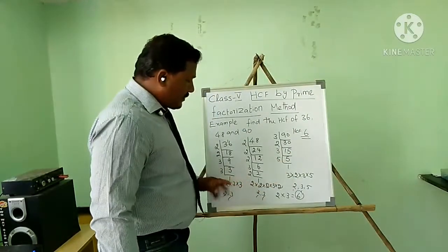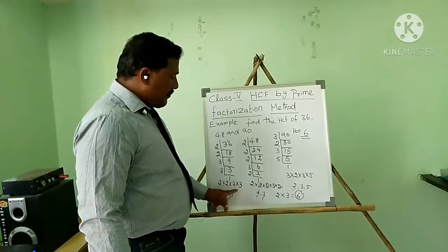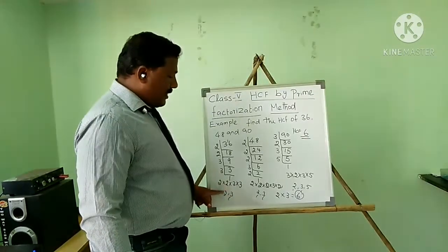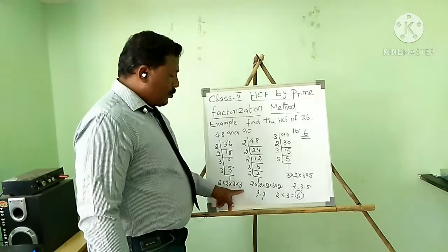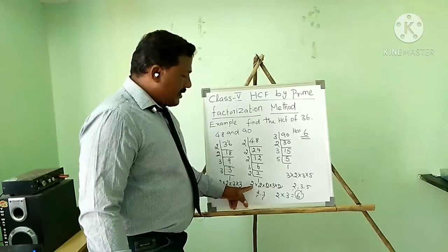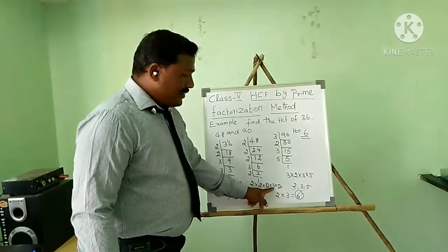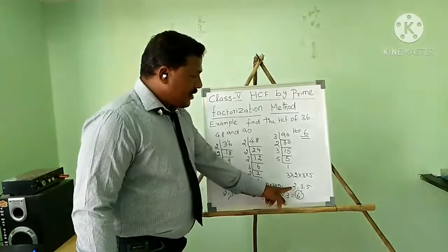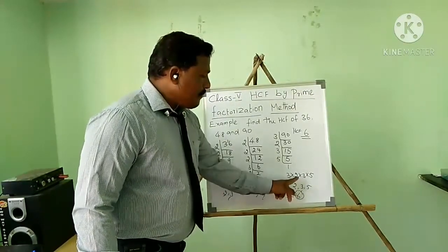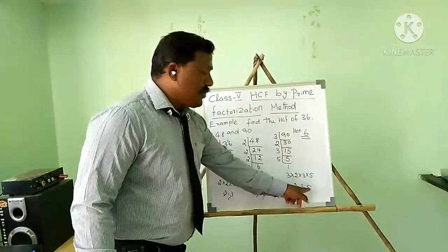So we have to take which is the common factor. So 2 is common. Here 2 3s are there, so 1 3 I will take. 2 2s are there, so I will take 1 2. The 2 3s are there, I will take 1 3. So 2 3 is the common factor. Here 4 2s are there, so I will take 1. 1 3 is there, so I will take 1. Here 2 3s are there, so I will take 1 3. 1 2 is there here, so I will take 1 2. The 5, I will take 1.